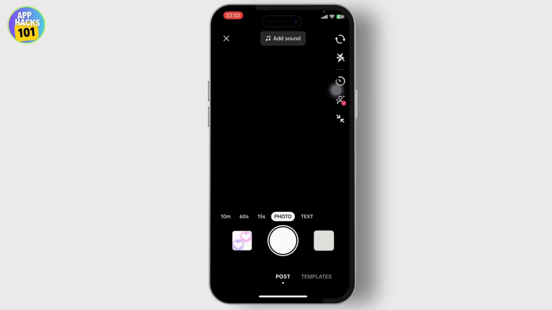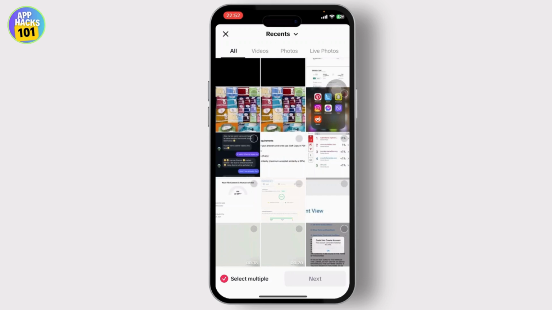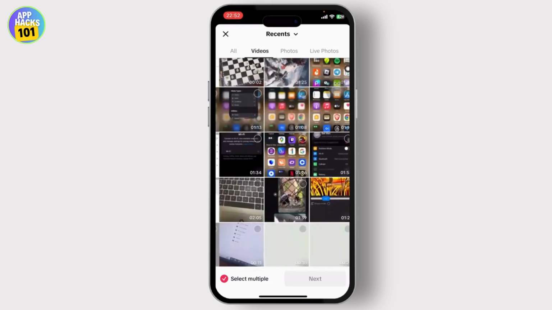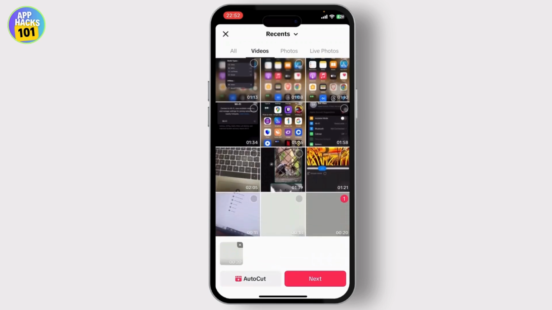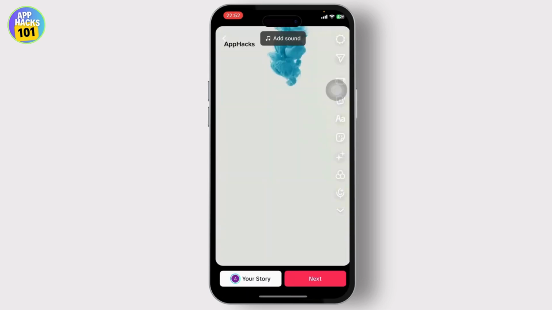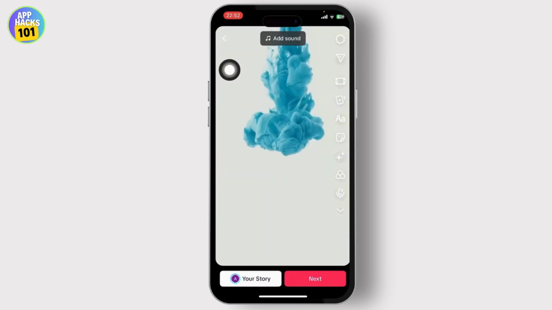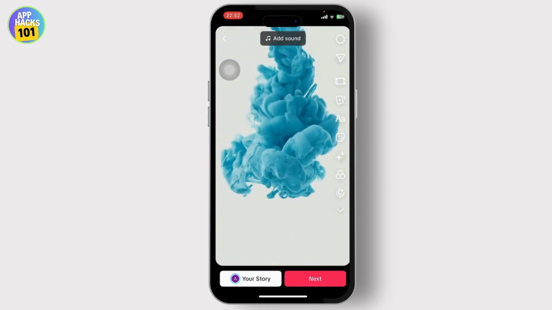and after you tap on it, you will see your gallery on the bottom right. Tap on it. Now select videos. After you select videos, just select the video that you want to upload. Now tap on next. You can make your edits if you want to from here, and after you do that,